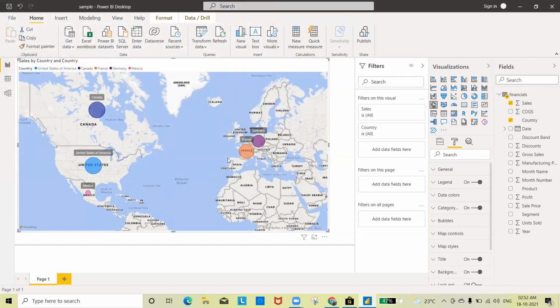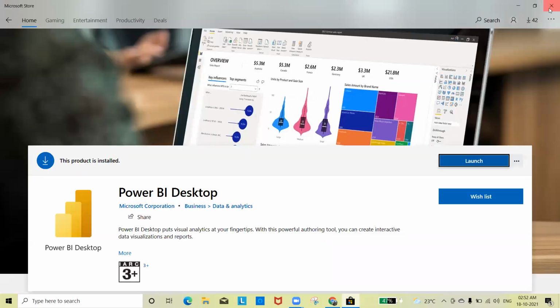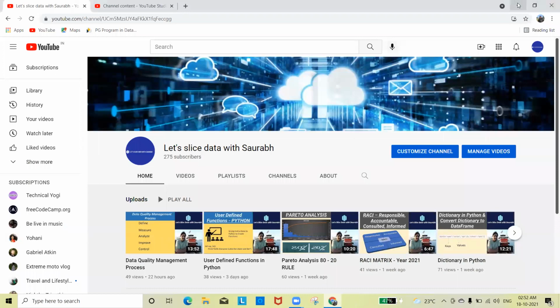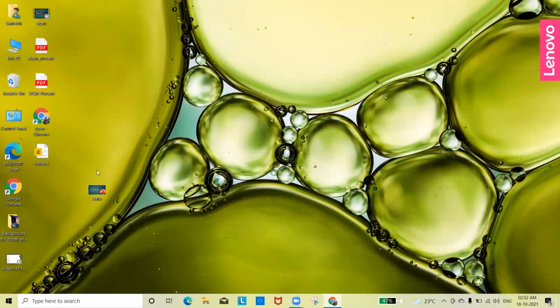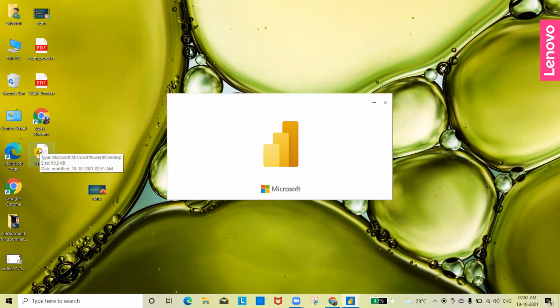So it is saved already. Now it is there on the desktop. Let me go there and open it again. So see, instead of giving someone the data in a plain format, if you give it in the Power BI format, where the colors are showing, graphs are showing, the numbers are there, you can create bar graphs, pie charts, any kind of graph, a tree map, whatever you want to do, you can do it here. So we will go through that in detail.